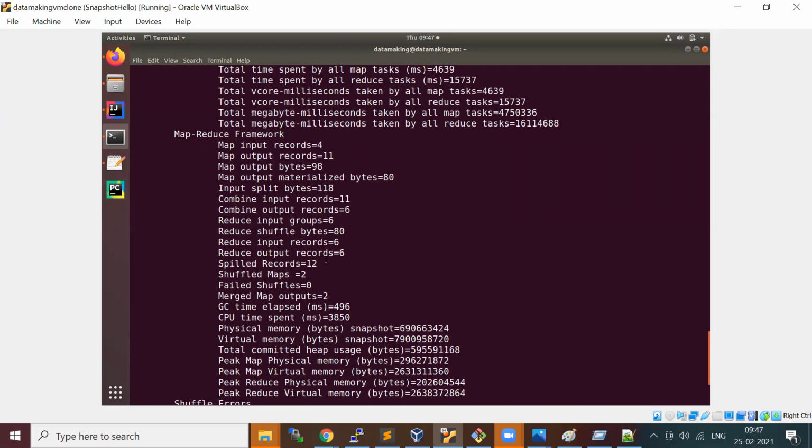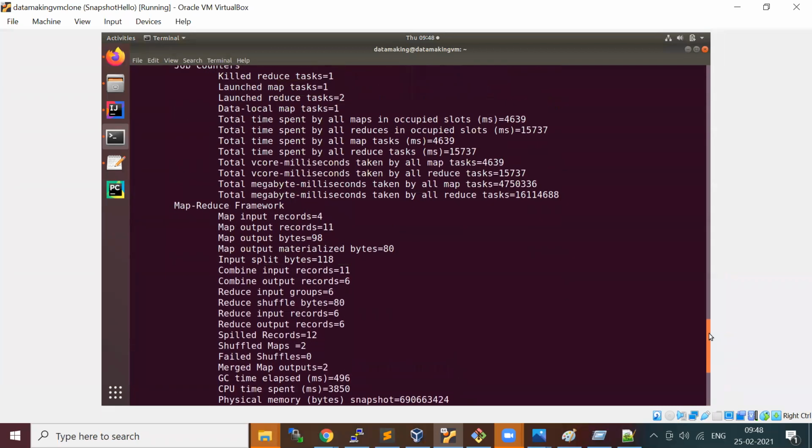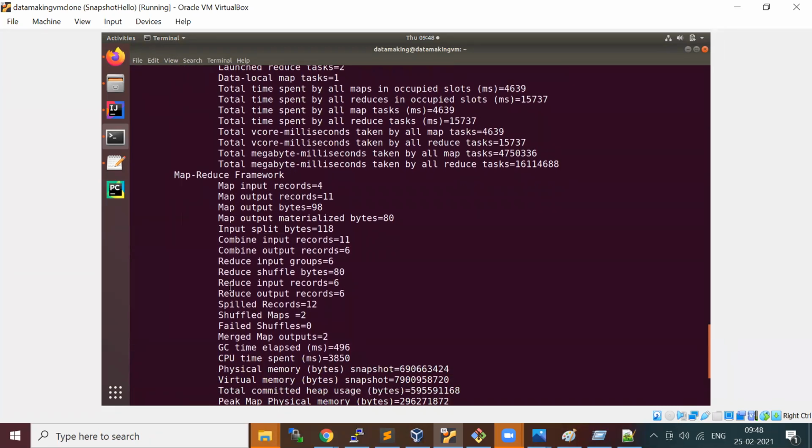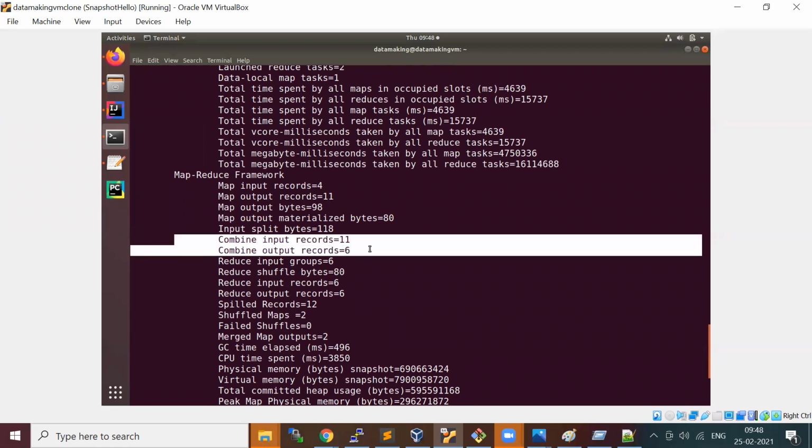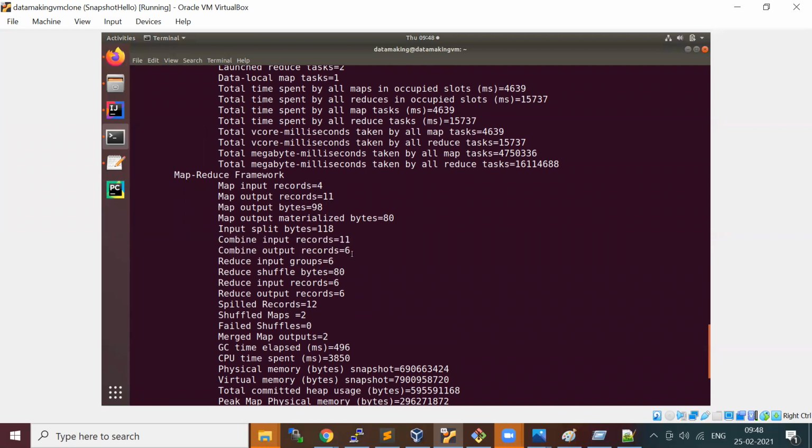See here now, this is the statistics of the latest job we ran. We see the reduce input records is 6, and the groups also 6. And there are 2 more entries introduced, which are the combiner input, how much input it got, and what is the output of the combiner.